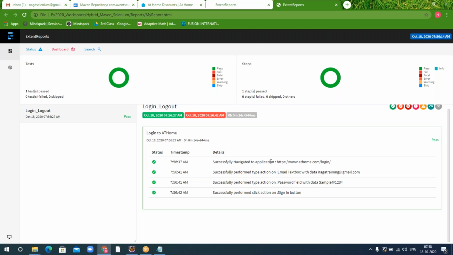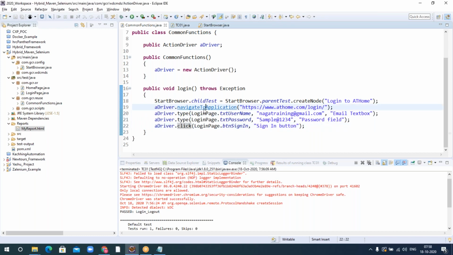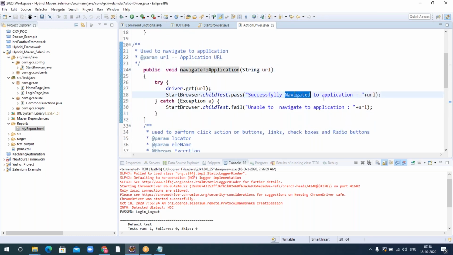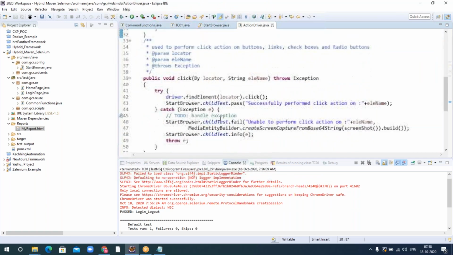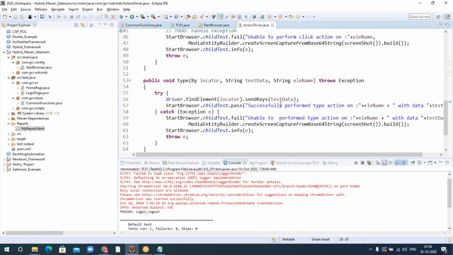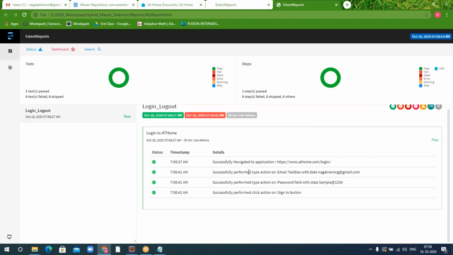Successfully navigated to application and the URL of the application. So this is nothing but what you have written here. Successfully navigated to application, and whatever URL you pass came here. And coming to the type, you see the type which you have written: successfully performed type action in element name. Whatever element name is given, with the test data.